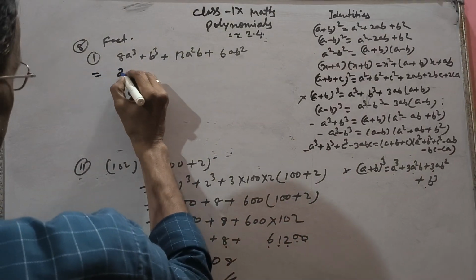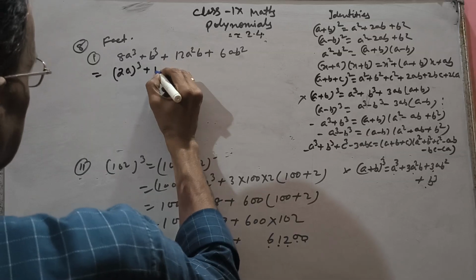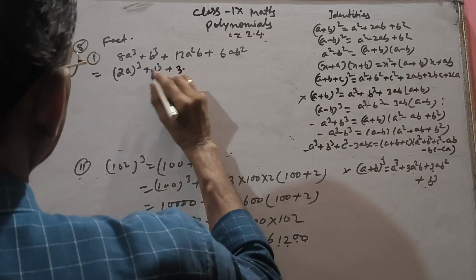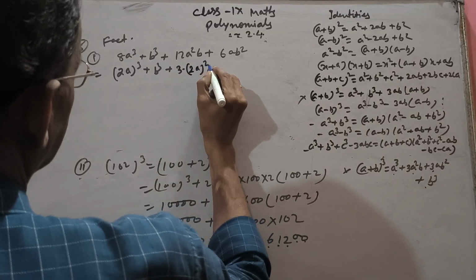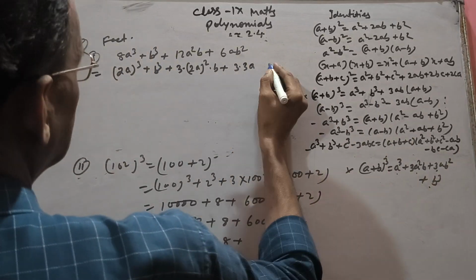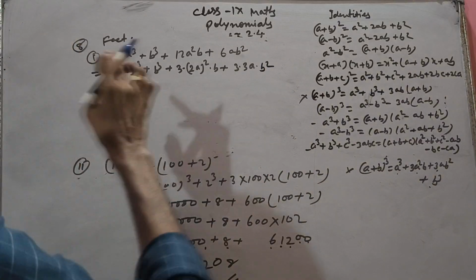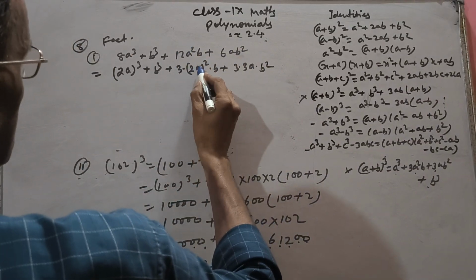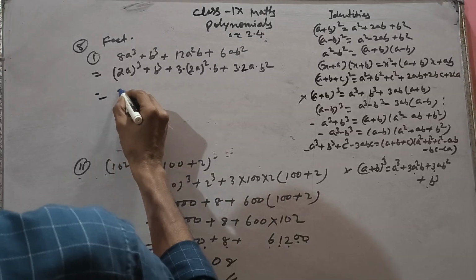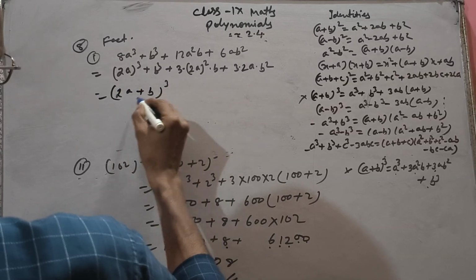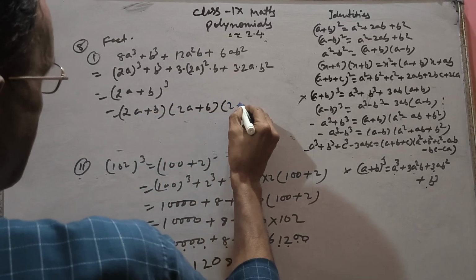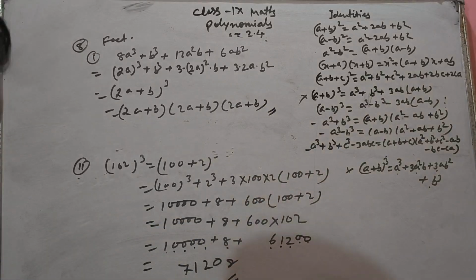So now see here, this is a cube. This is b cube. So this is a and b. What should be here first? 3a square b. So write down 3 into a square into b plus 3 into a this time b square. B is what? B only. So b square. Check it. Are you getting the same thing? 2 square 4, 3 are 12, a square b and 3 into 2, 6. So this is twice a plus b whole cube. The question is saying factorize. So whole cube power means same thing 3 times, no? Okay, number 1.